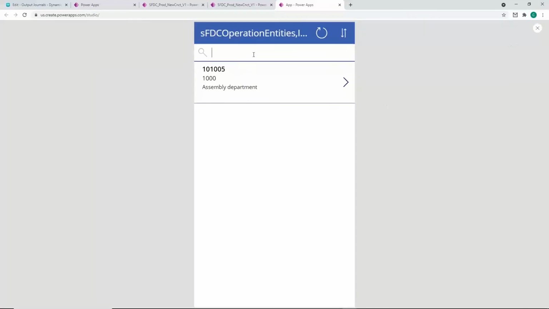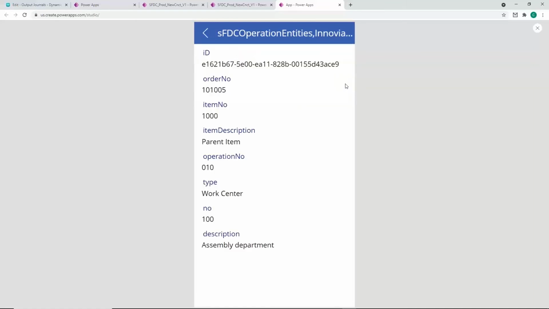So I've got a list here. I could search it if I want. I can drill in to see details. It's not going to build a perfect app. It's going to build you a very good start. It went and said, I'm going to show you all the fields, all the data that you gave me, or some of them if there were many. So here's that big long GUID that nobody would ever actually show on a page because it doesn't mean anything to anybody. Obviously you would remove that, but I can see my order, item number,